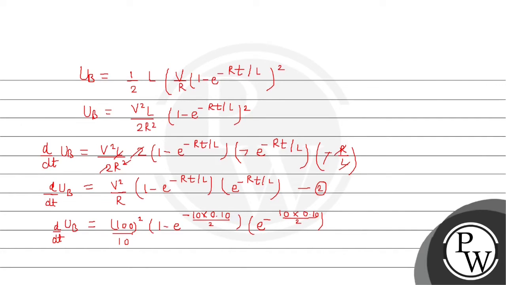So on simply mathematically calculating the value, we will get to know the value of d over dt of UB, and its value is given by 238.8484 watt. See, so this is the answer of part A,